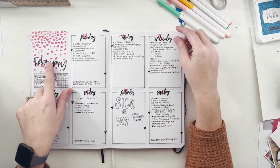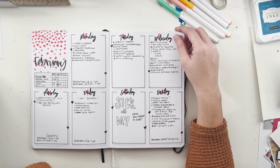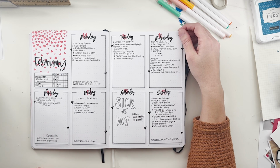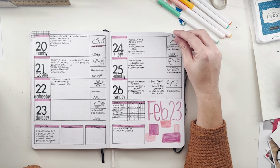I absolutely loved it. This part, I kept it very simple because, like I said, I was setting up off of a week of being sick. And as you can see, when I was feeling better, I had tons of things to get done. And then went back to not feeling so great. And then this is this week again,